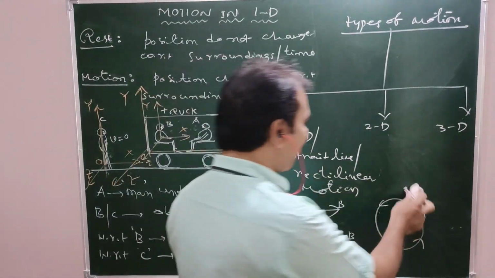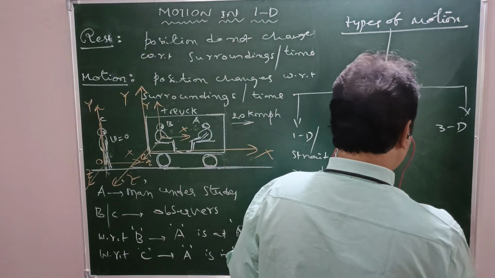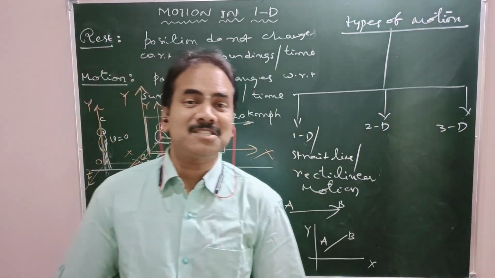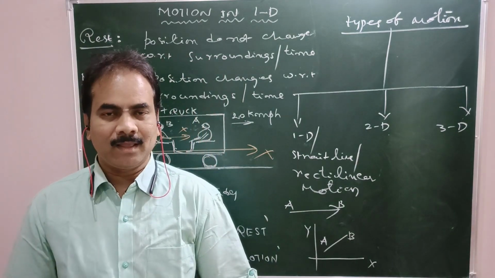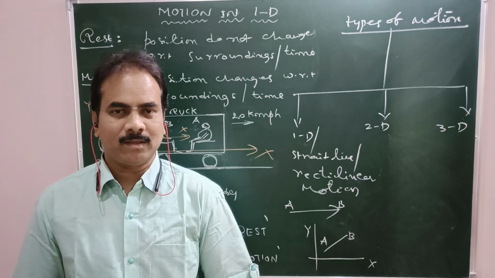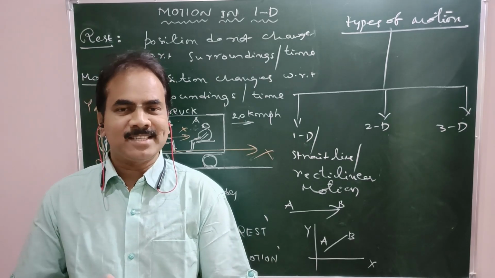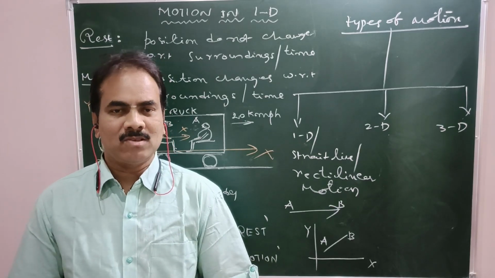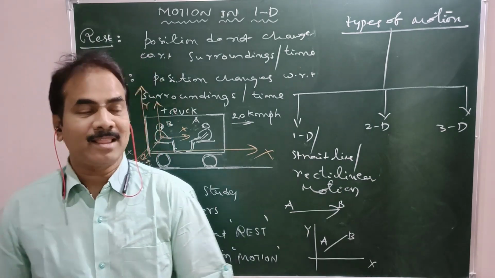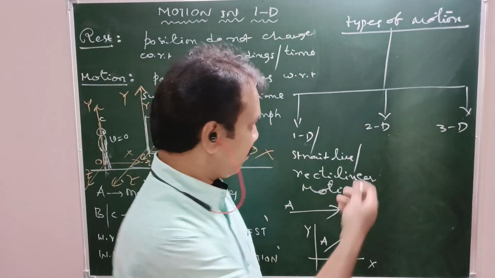Now coming to three-dimensional motion. What is meant by three-dimensional motion? Three-dimensional in the sense here motion is not confined to any plane. Something like a zigzag path. The path may be zigzag, meaning not confined to any single direction or single plane. So if it is confined to all the three planes in a zigzag manner, then it is said to be three-dimensional motion.